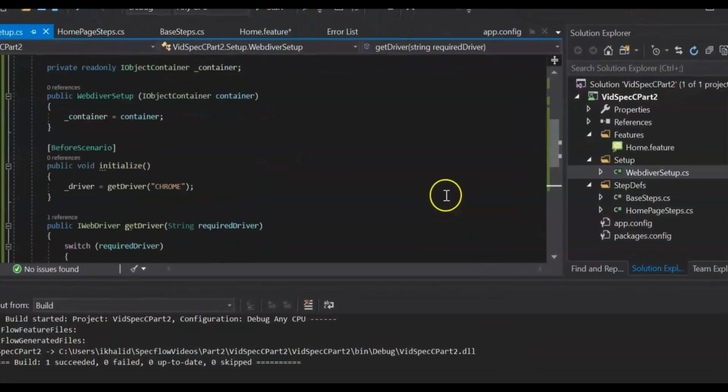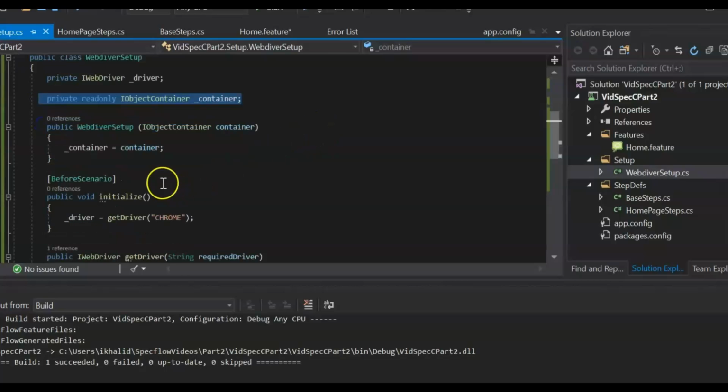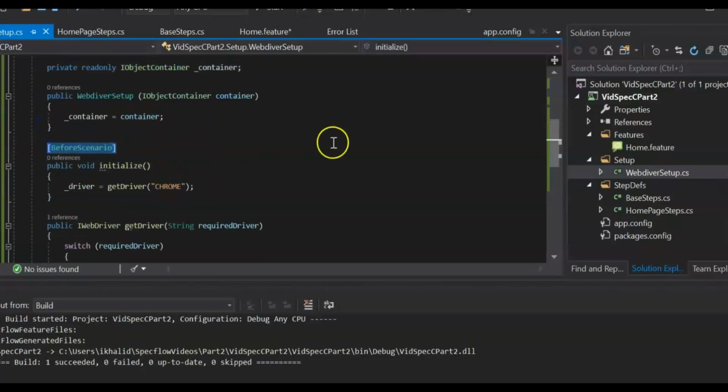Right, so as you can see in this class, let's go to the top. This is where I'm declaring my SpecFlow container. And if we look down a bit, this is where I've declared a hook, which is called BeforeScenario. So basically, I'm using the hook to get the WebDriver object after registering it with the IObjectContainer. Hooks are quite useful when we want to do some prerequisites before running the test scenarios. In this case, all I want is to make sure that the WebDriver has been initialized and is available for the test